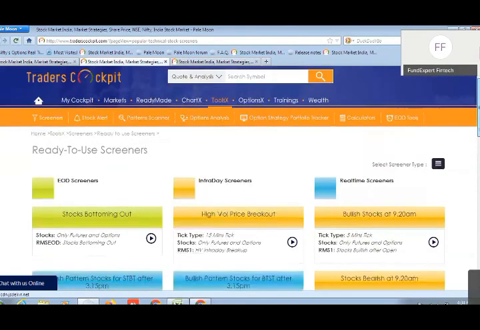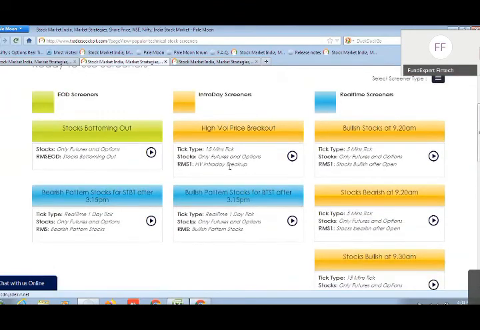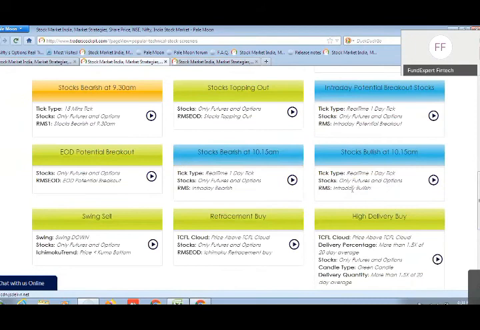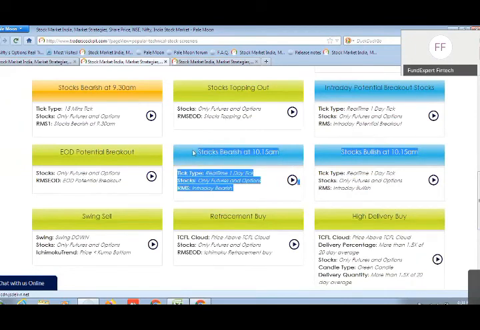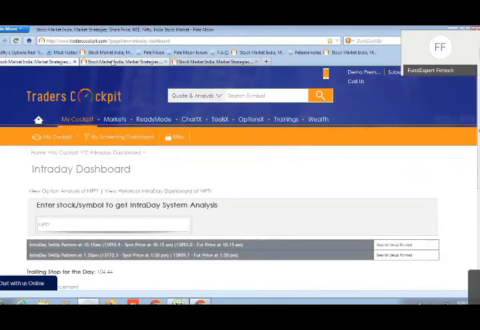If you scroll down the page, you'll find some ready-made screeners available here, but not to go after all of them. I repeat, not to go after all of them. But one thing you can find outside here is this couple of screeners, namely stocks bullish at 10:15 and stocks bearish at 10:15. Now these two are linked to the dashboard page. How are they linked? In the sense,